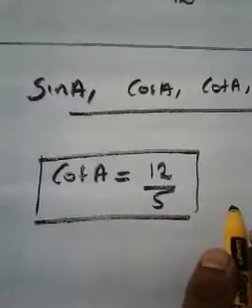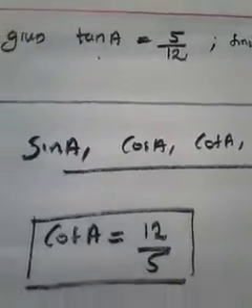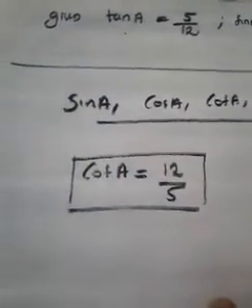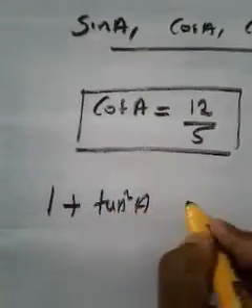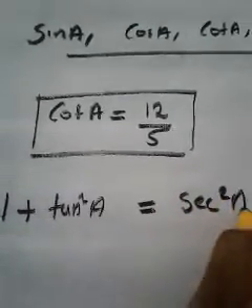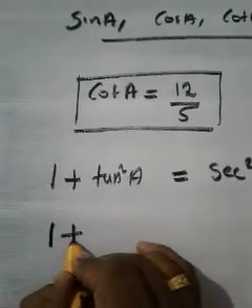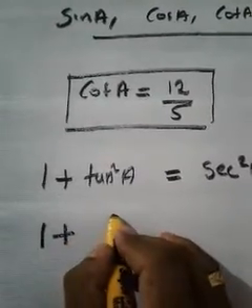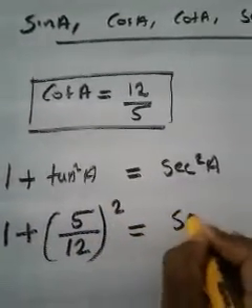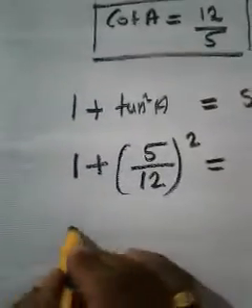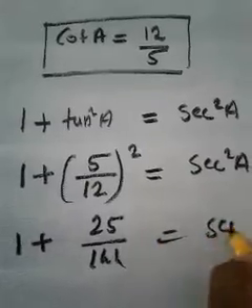No problem. Then since tan A is given, can you find out the value of sec? Yes, of course. Why? Because there is an identity connecting sec and tan. Which is the identity? 1 plus tan square A is equal to sec square A. That means 1 plus, instead of tan A, you can substitute 5 by 12 because it is given there. So 1 plus 5 by 12 whole square is equal to sec square A. You may have understood, isn't it? 1 plus, what is 5 by 12 whole square? 25 by 144 is equal to sec square A.